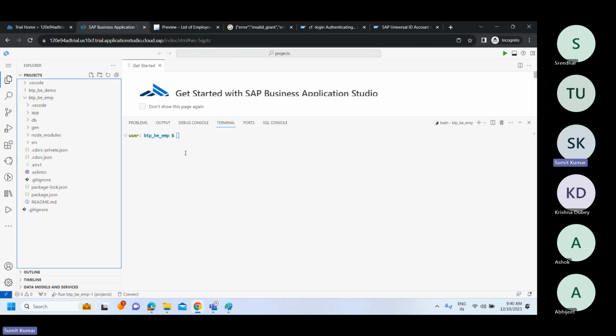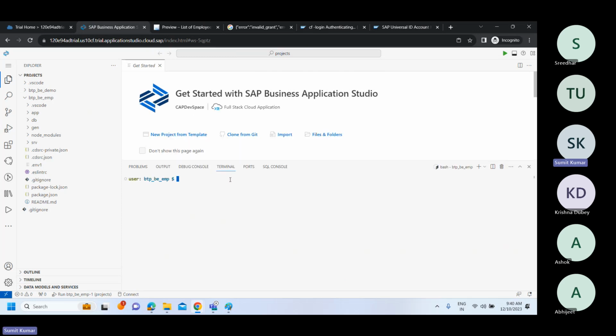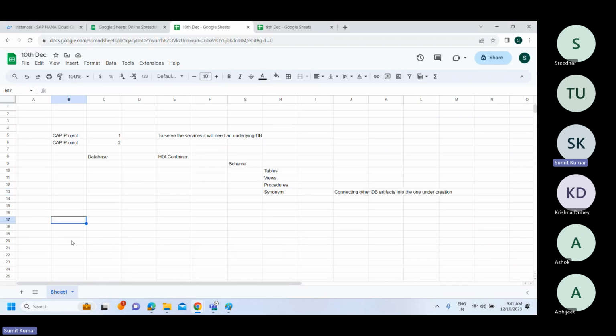Now, as we have the database and everything in place, one thing we should focus on is how we can make sure that this application is available to the outside world. Okay, I would like to connect this particular project, or I can say I would like to deploy this project to the BTP environment so it can be consumed. Or I can say I can create a Fiori app on top of it. I can consume the data somewhere else if I would like to. I can do all those things. Okay, and there comes the concept of